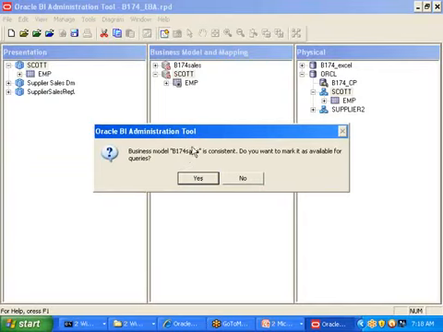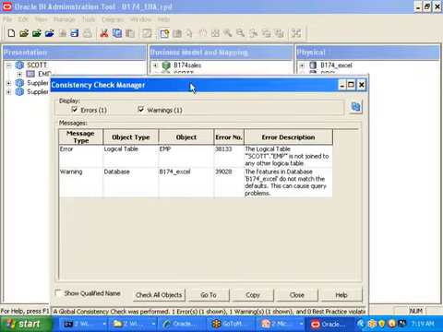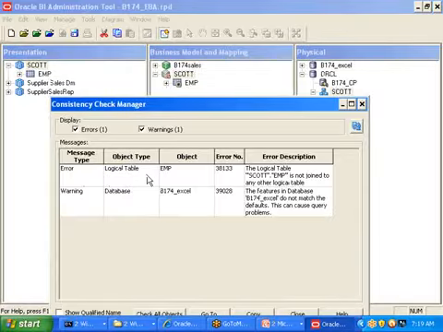B174 sales is consistent. Here two business models are there. One is B174 sales, the second is SCOTT. It's saying B174 sales is consistent. If I click on SCOTT, it's showing an error: logical table EMP, the logical table SCOTT.emp is not joined to any other logical tables. This business model is perfect. That is the reason it is converted into green color. This is not perfect. That is the reason it is still showing